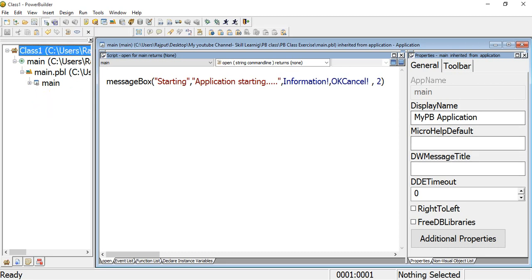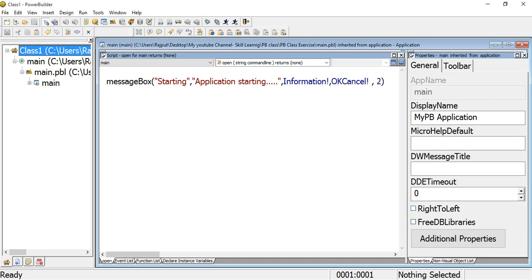I'm discussing this display name: my PB application. You can write here where my application is, then it shows my PB application name. Micro help default you can declare if you want something at the application level, then you give it on the application object.